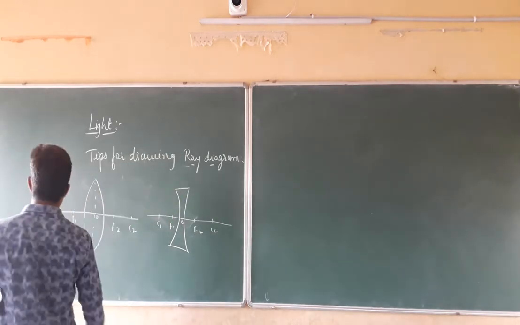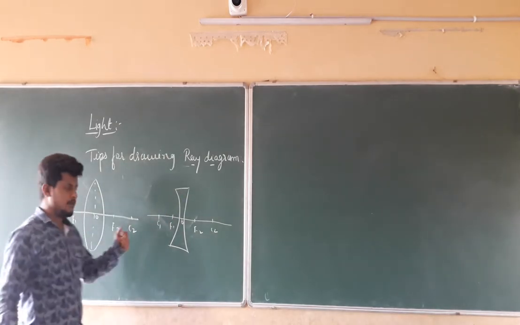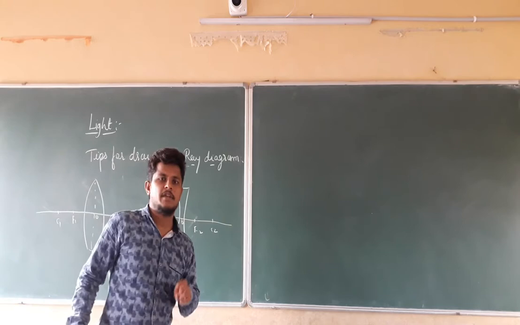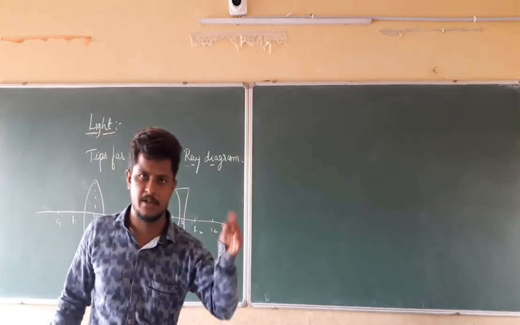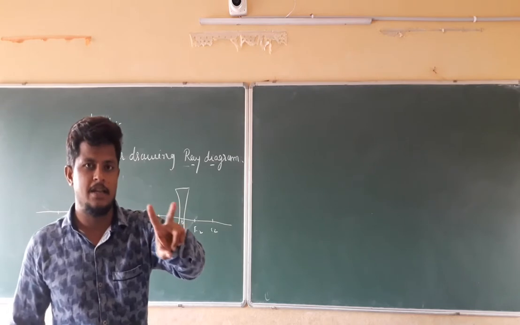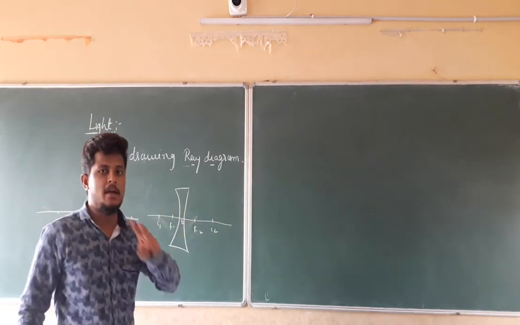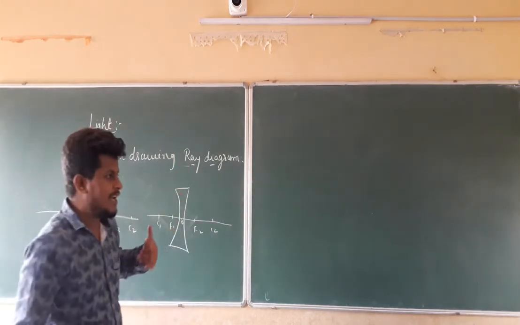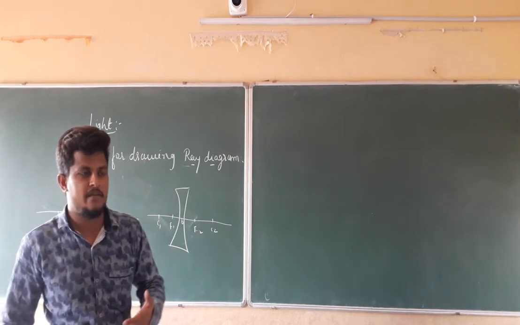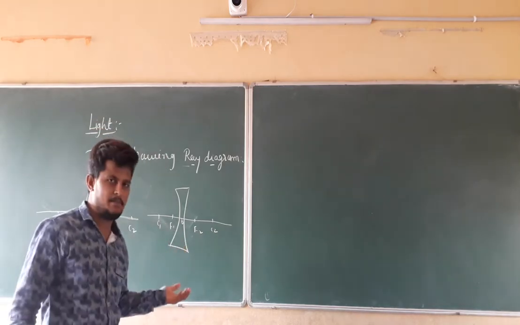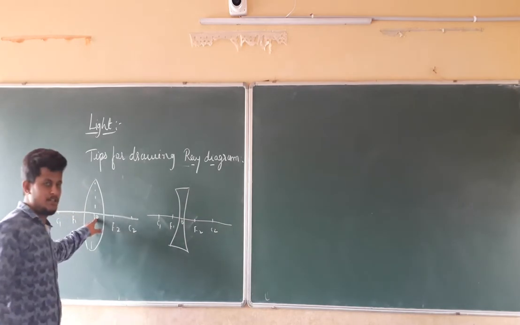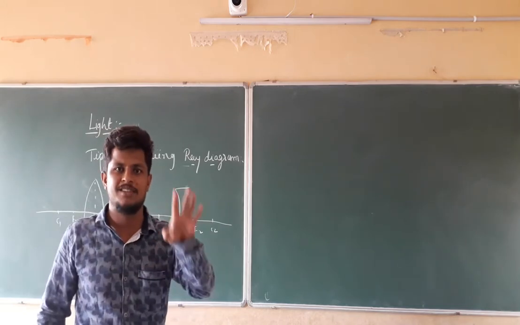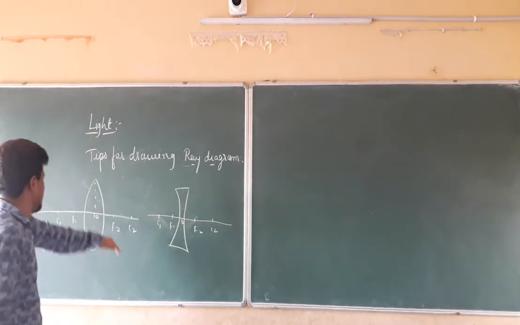Now, we are going to take a light ray, tips for drawing the ray diagram. So how many rays do we require? We require 2 rays for the formation of the image. If you remember the previous classes, if the 2 light rays are converging at a point, then there is going to be formation of the image. So then we are going to see the different light rays which are traveling parallel to the principal axis, or which are passing through the optic center. What will happen after the refraction? We have to see those things. We have to check all the 4 cases of the light rays which are going to travel in these lenses.